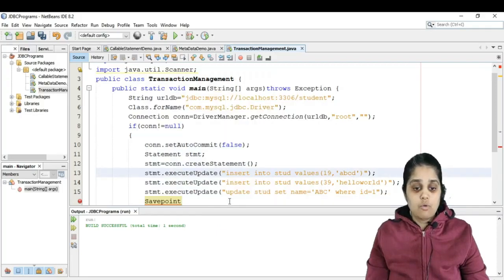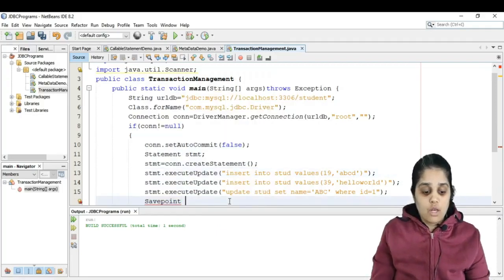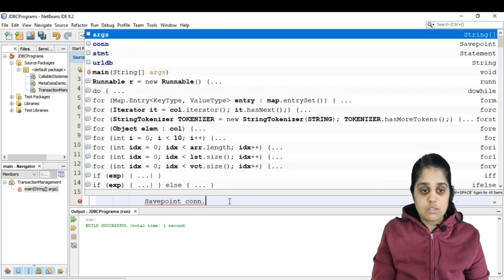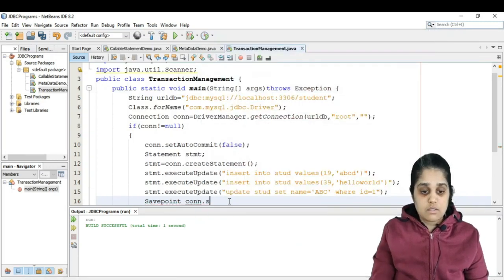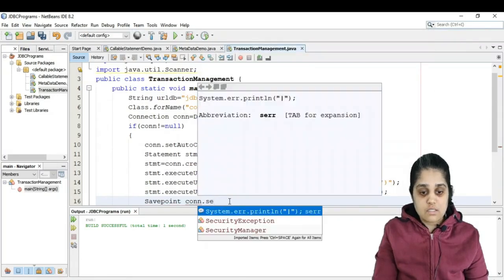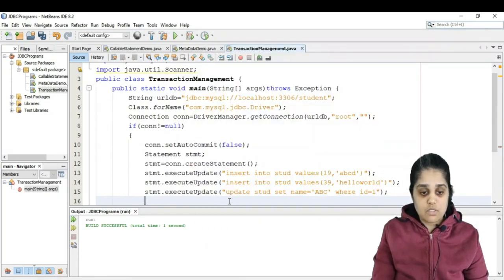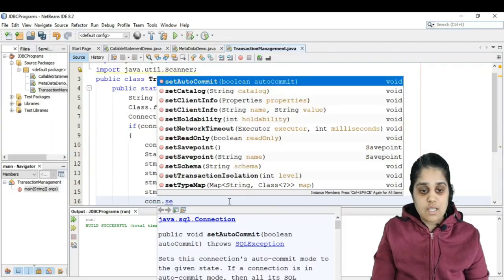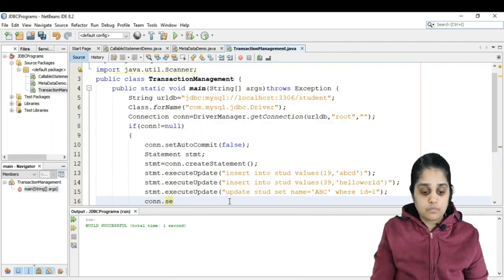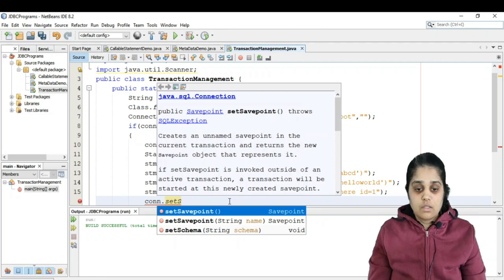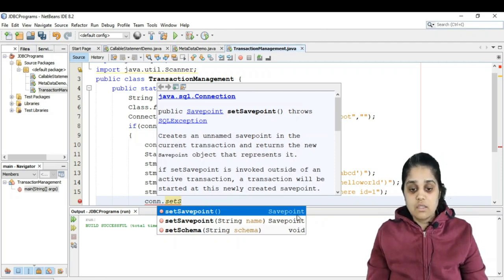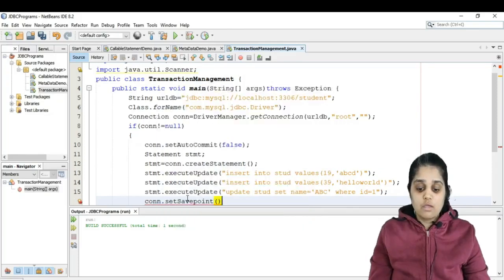So here we are going to call connection.setSavepoint. This is a method of the Connection interface which returns a Savepoint, so we set a save point here and it is going to return a Savepoint.